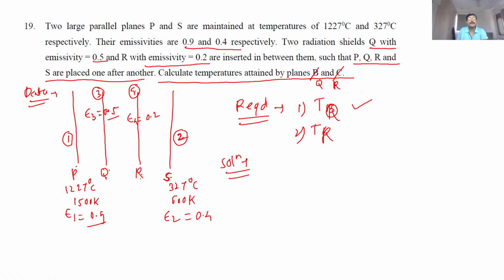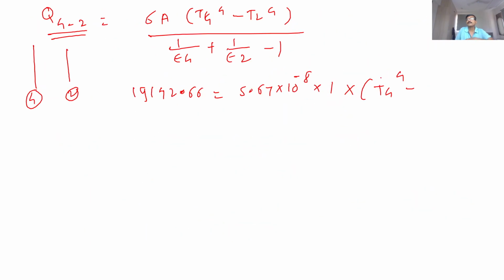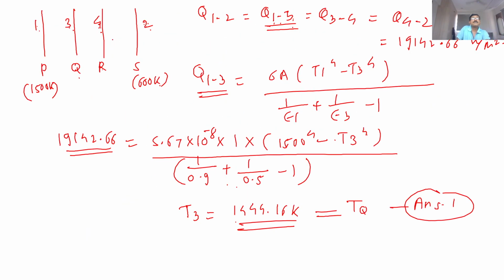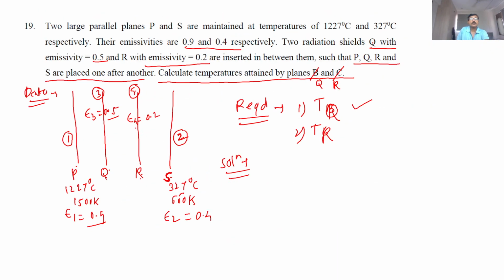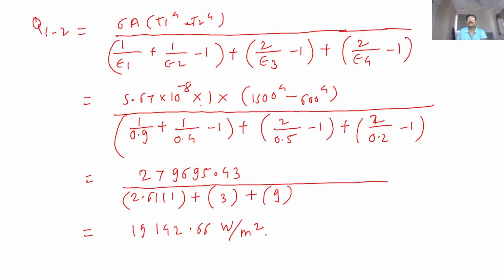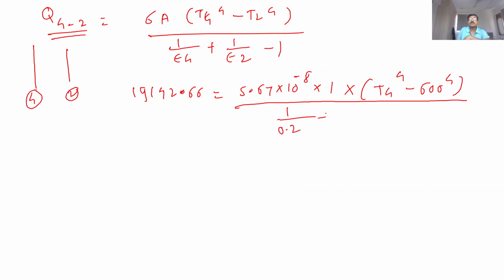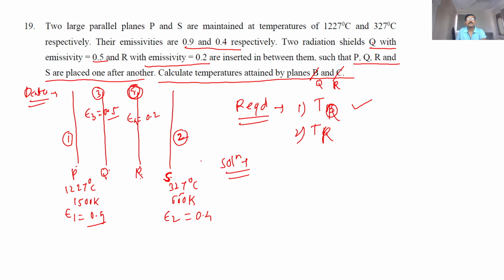T2 means this one. Plate S. What is the temperature? 600 Kelvin. So that I know. 600 raised to 4 divided by, sorry, this is not here. It has to be here. Divided by 1 by epsilon 4. What is epsilon 4? 4 means R. Epsilon 4 is 0.2. Plus 1 by epsilon 2. What is epsilon 2? This is 2. So epsilon 2 is 0.4